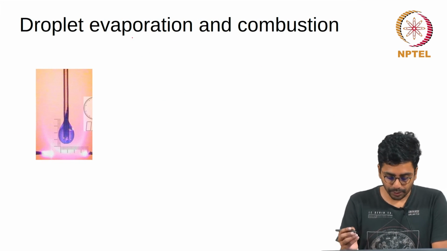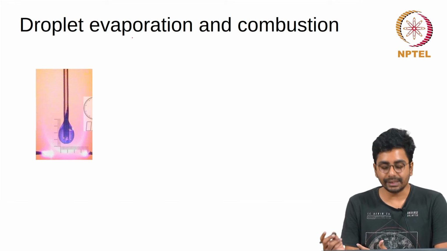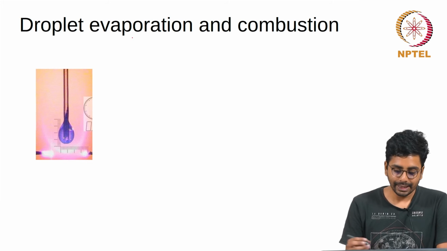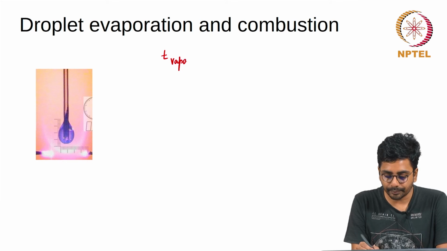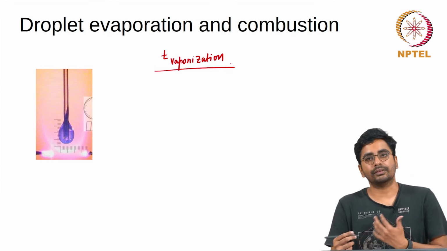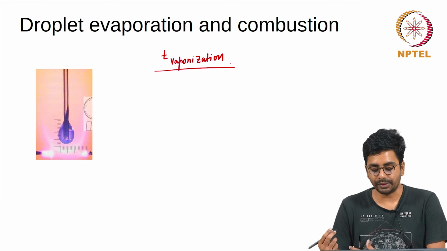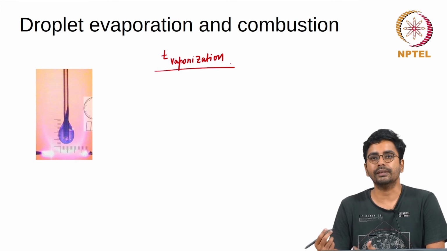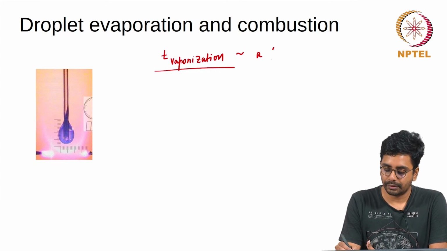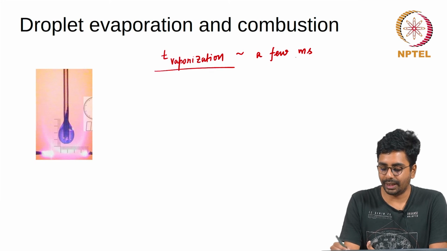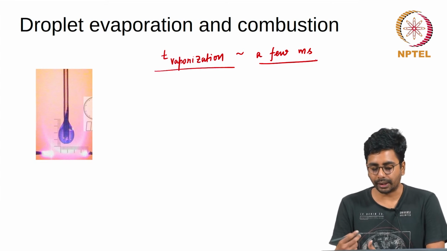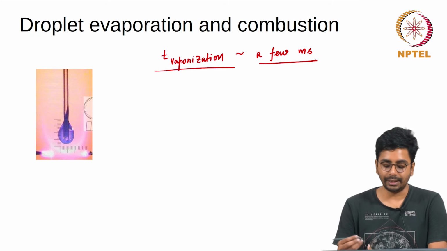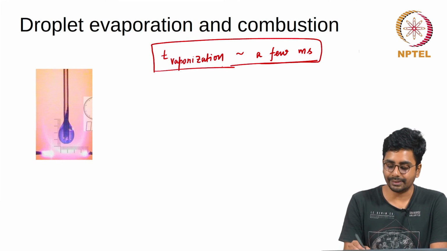I will also quickly tell you what happens when there is a condensed phase fuel or a liquid droplet. In this case, it is not even the mixing time that is rate controlling, it is the vaporization time, which is, for droplets of typical size of 20 to 50 microns used in propulsion systems, usually a few milliseconds. Therefore every other time scale, including mixing and reaction rate, is smaller than the vaporization time scale, and it is only the vaporization time scale that is rate limiting.